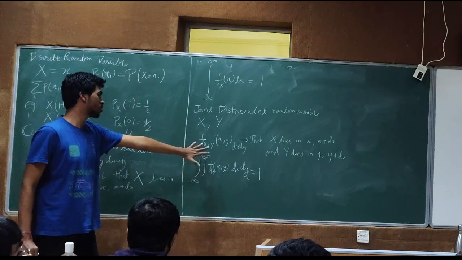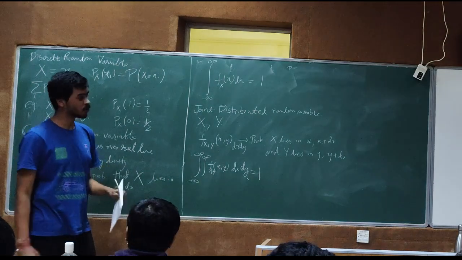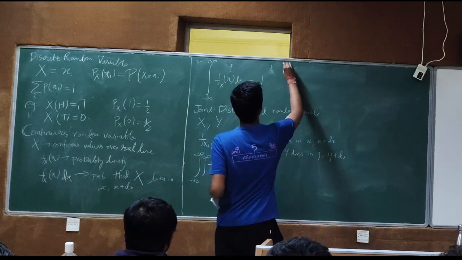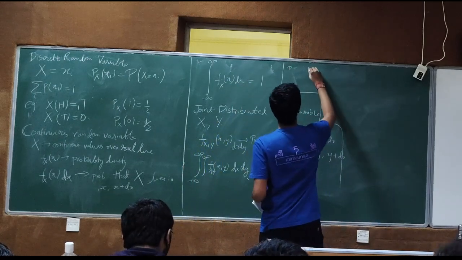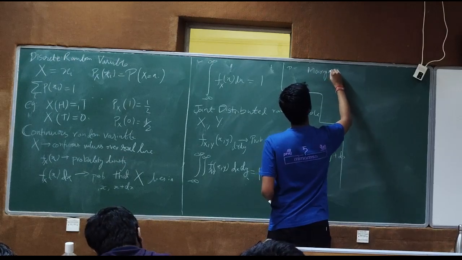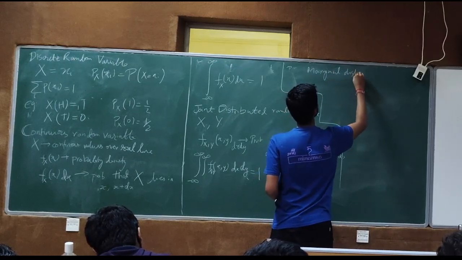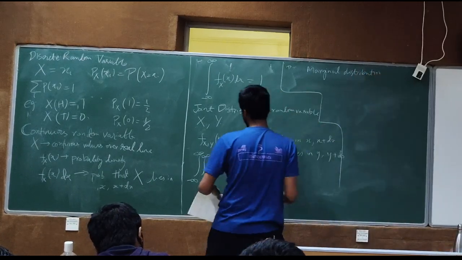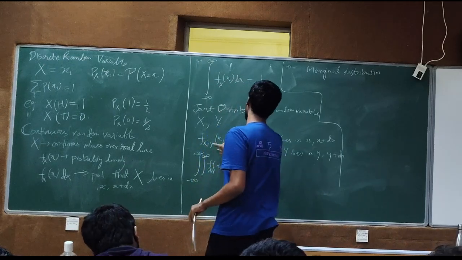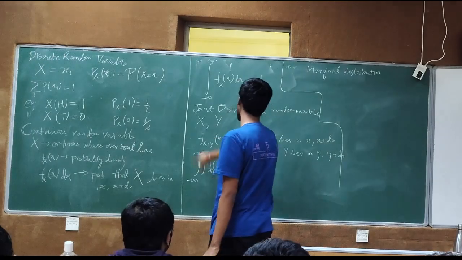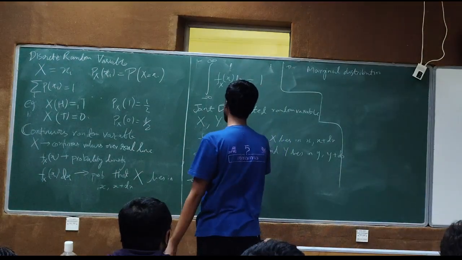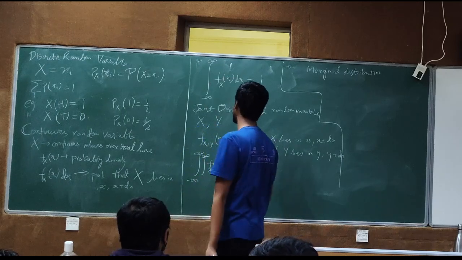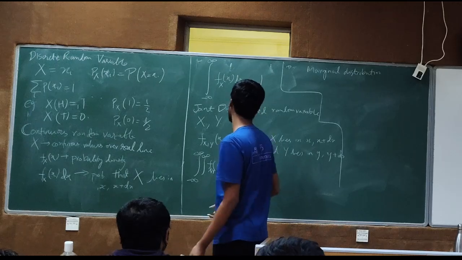Now, given this joint probability distribution, you might ask, what is the probability distribution of x and y individually? To find that, we will use something called the marginal distribution. You have this probability distribution of x and y. You will integrate out over y, so you will basically sum the probability over all possible values of y, and then you get the